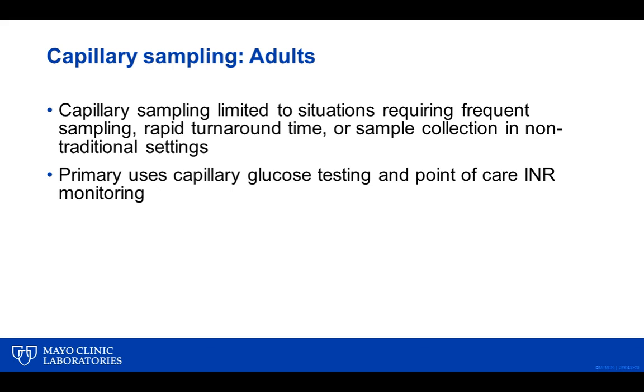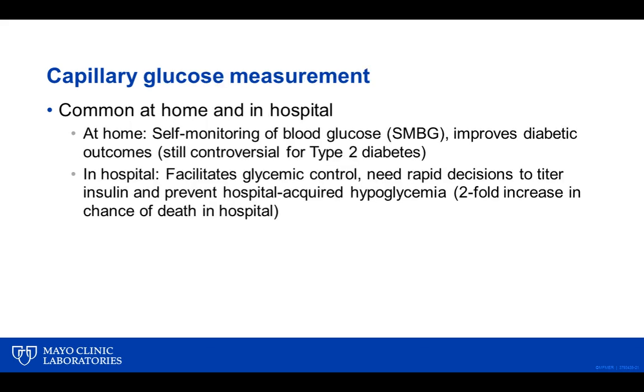The situations where capillary sampling is useful in adult patients are when we have need for frequent sampling, when we need rapid turnaround time, so we want to do point-of-care testing, or when we're collecting in non-traditional sites. The coagulation clinic is perhaps a good example of that. So what it boils down to in adults, our primary uses for capillary blood are going to be glucose testing and point-of-care INR management. So glucose testing,